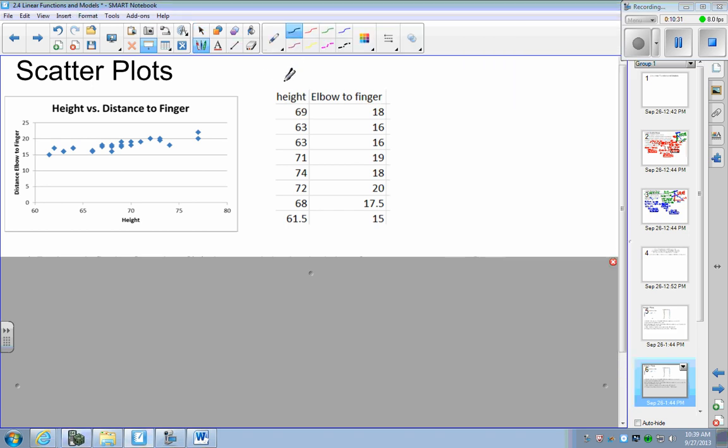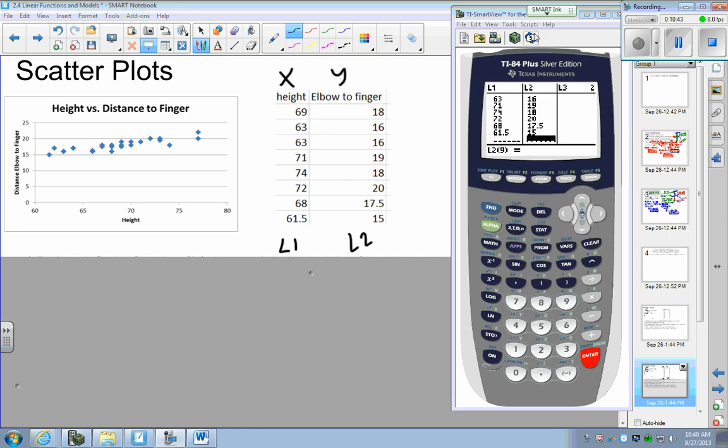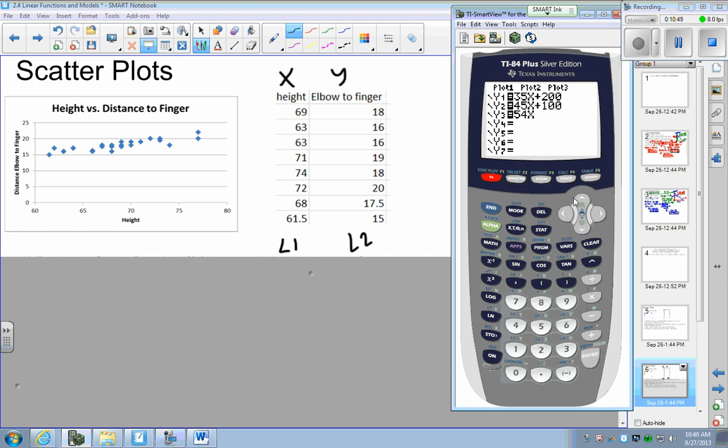And these correspond to the X's, these correspond to the Y's. So that's list 1, that's list 2. Okay, once you get the data all thrown in L1 and L2, if you want to see it again, go to your Y equals, clear out whatever stuff you have in there, go up to this plot thing, hit enter, make sure it's lit up, and then you can hit a zoom